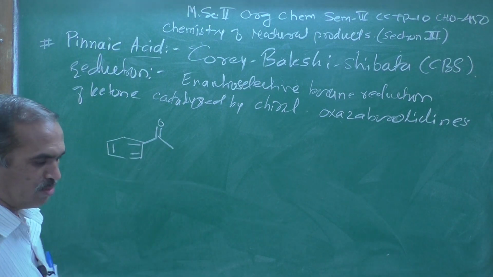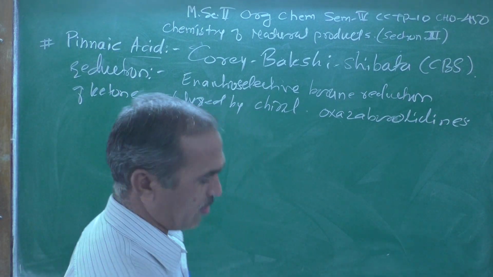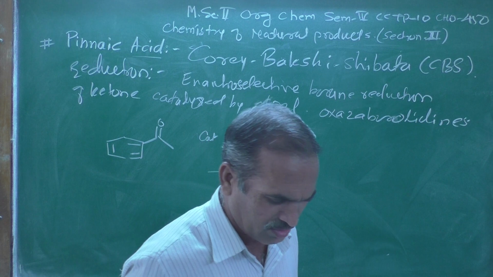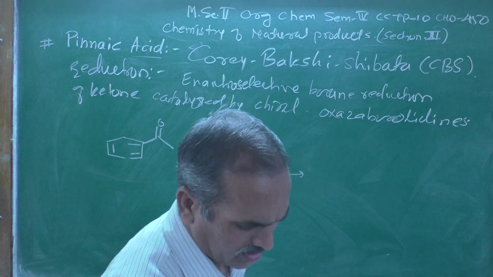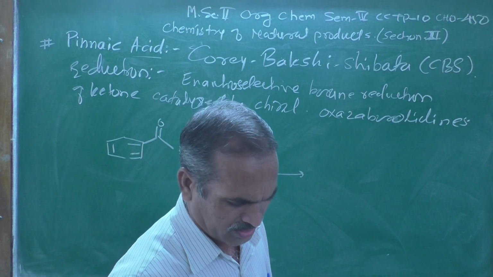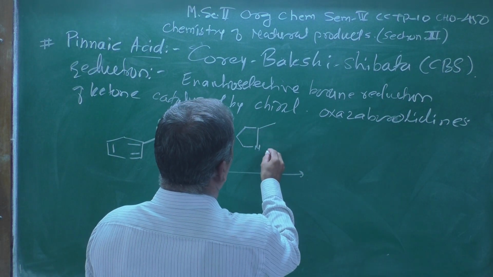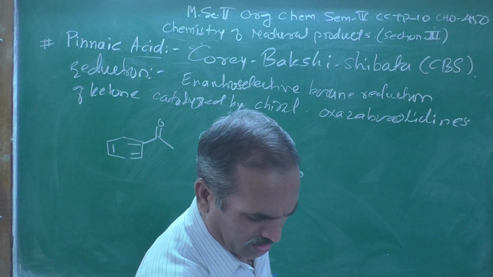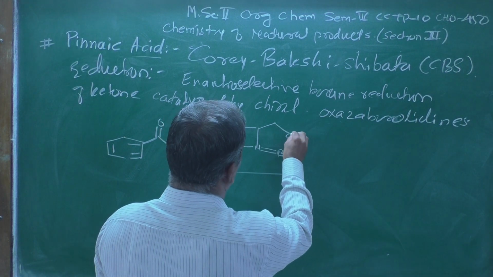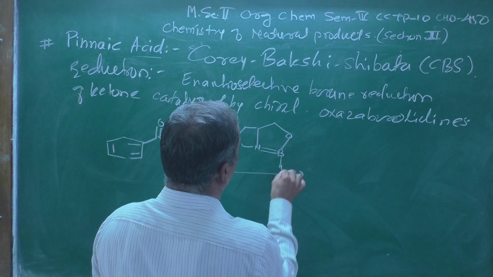this is one of the starting materials. What is it? This is acetophenone, right? Okay. Then this acetophenone is further treated with the catalyst used over here, this one, a 5-membered ring. Here is a nitrogen containing 5-membered ring, further attached with another 5-membered ring. Here is a boron, here an oxygen atom, this is a 5-membered ring, and here there is a hydrogen atom.